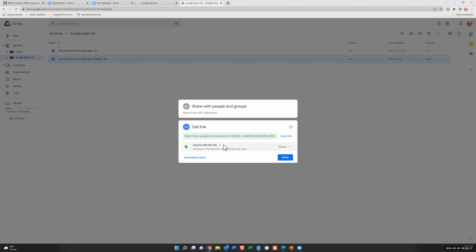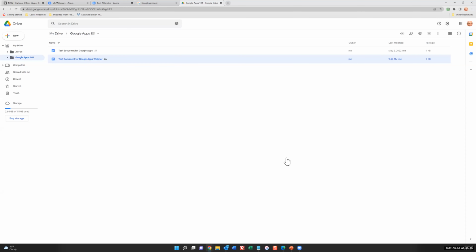demo, I'm just going to allow anyone with the link. And then I'm going to copy the link, and then I'll click done. Now, when you do things this way, there's no email that's automatically sent, right? Because you didn't put in an email specific to somebody. So now I'm going to have to create an email in order to send to this person with that link